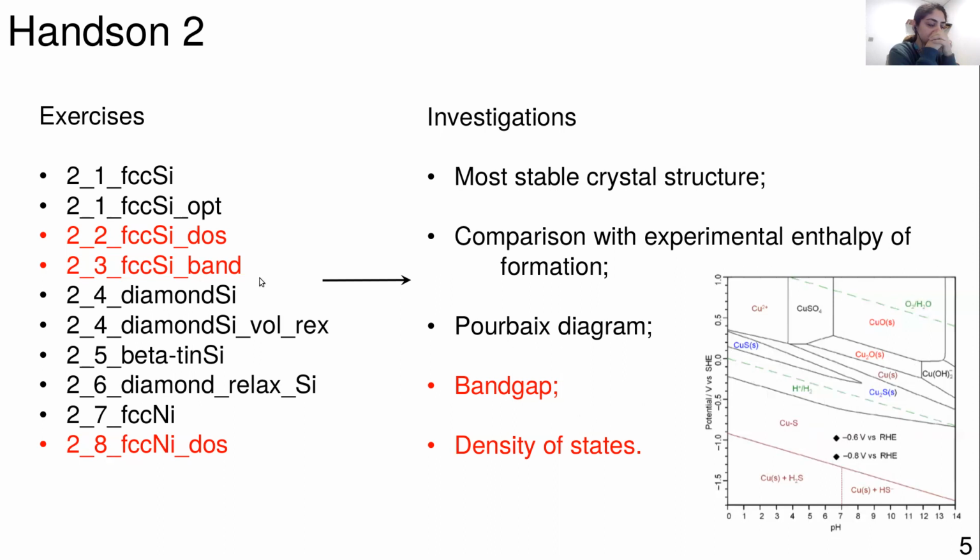And then why density of states and band structure are important: because you can estimate the band gap, or, as I said, the density of states. And from these two electronic parameters, you can define whether a system is a metal, a semiconductor, or an insulator. Again, this is something that we know very well experimentally, but if we didn't know that, it makes sense before starting to check if it's an insulator or not. For instance, if we didn't know that nickel was a metal, maybe we could use it as an insulator. So these two parameters are also important.